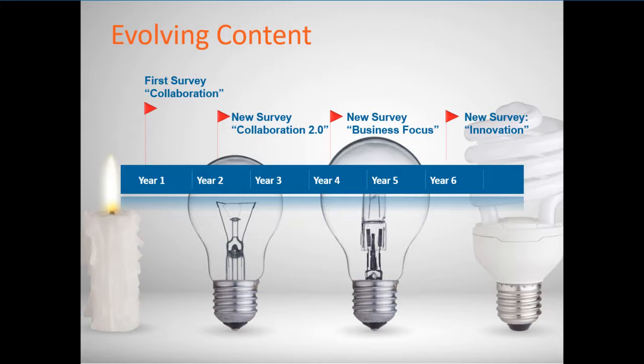So we had in the first year a very collaboration-oriented survey. By the second year, there were some smaller tweaks that we wanted to do. But in that fourth year, we worked with the CIO around, no, we really need to level up the game. And then even in the sixth year, we leveled it up further. So I want to give you some examples of what that looked like, but not only changing the process itself